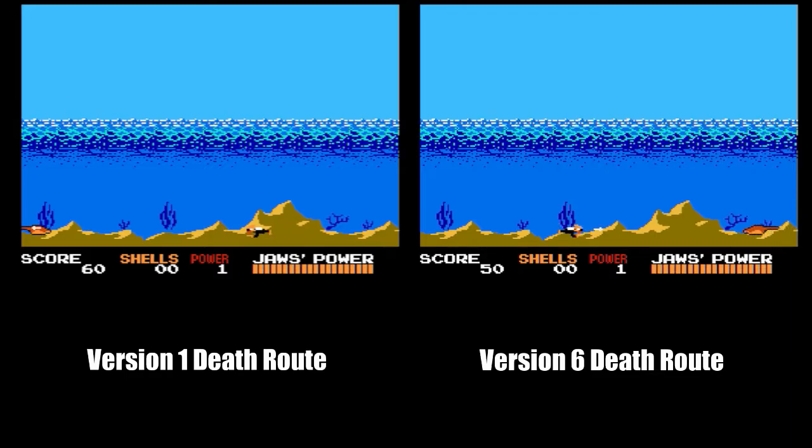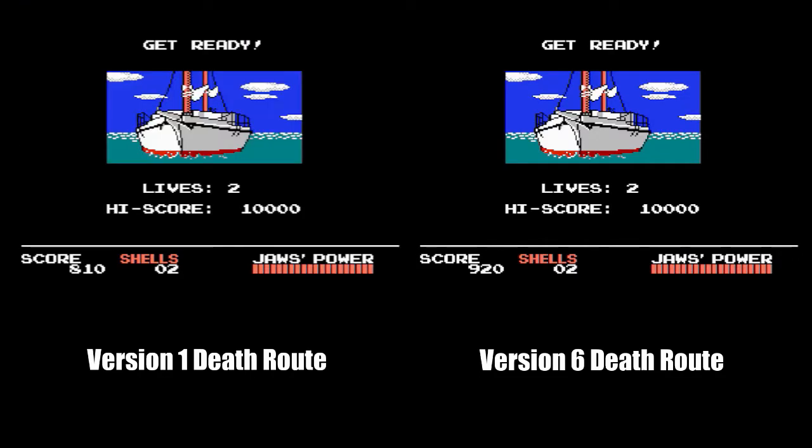Things have come a long way since the original incarnation of the death route, which I now refer to as version 1. The route detailed in this tutorial is version 6. Most versions only had relatively minor changes, and I didn't think full-blown tutorials were necessary, but now enough has changed